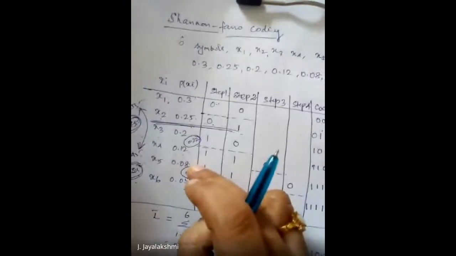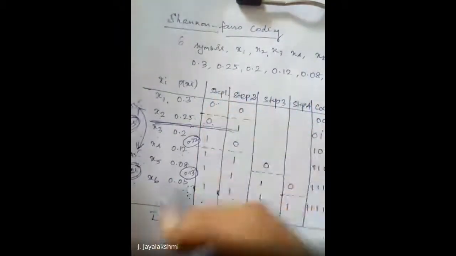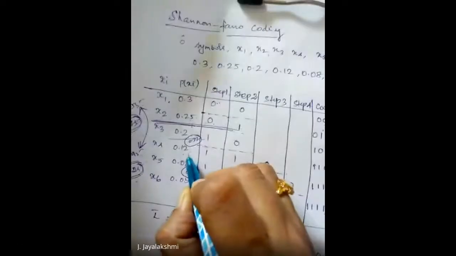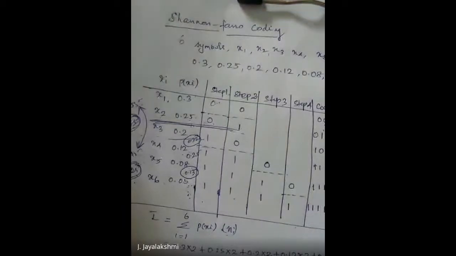Now you get into the other level of partitioning this. First is 0.2, leave it. Remaining you add X4, X5 and X6. Now you get 0.25. The above one is 0.2 and adding these three is 0.25. Instead of partitioning that into 0.32 and 0.13, where the probability difference is going to be very, very high, I partition over here. Can you get me how the next partition is done now?